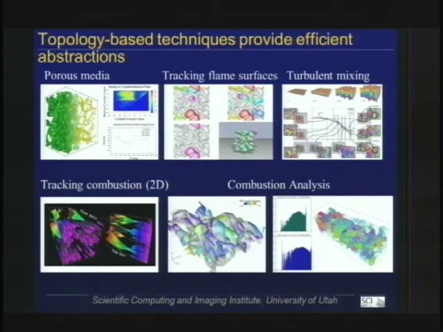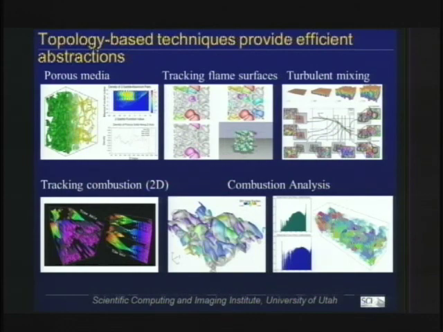Or if you want to say, here's a simulation of a flame, how many of these burning regions are there and what are their shapes? If you have some abstraction primitive that says a burning region is something that satisfies this query, then that's actually very powerful, and you can do some really non-trivial science